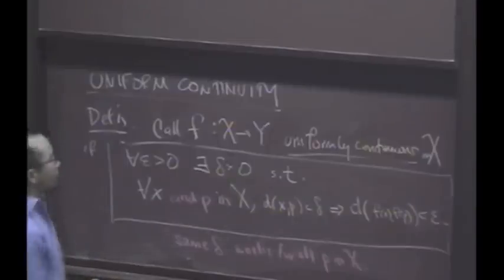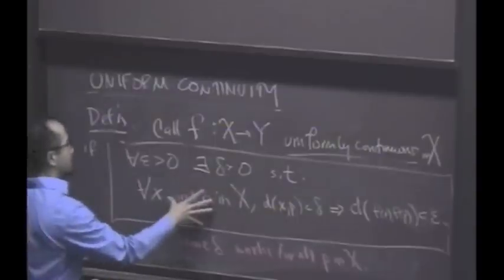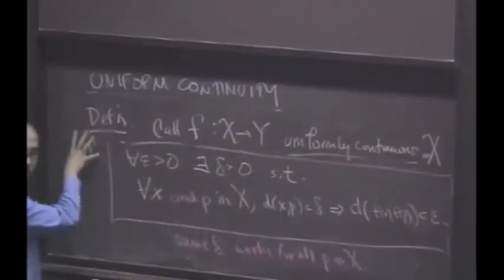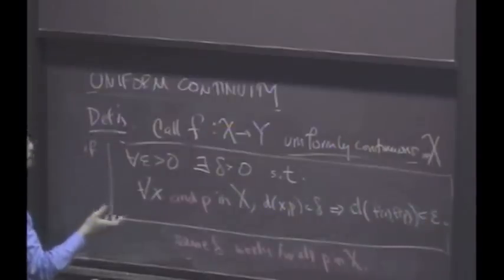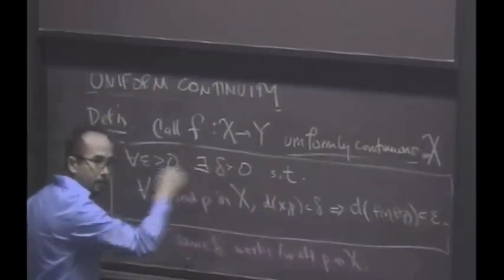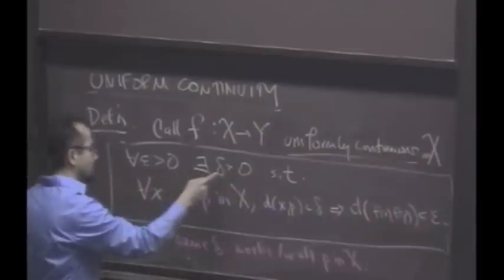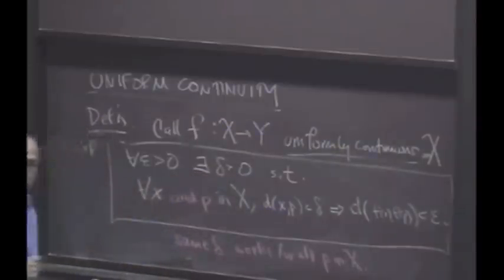Now, for the definition of continuity, remember, p is specified before you start this definition, because we were talking about being continuous at a point. And then when you say it's continuous everywhere, you mean for each point, for every epsilon, there's a delta. Whereas now we're saying, for every epsilon, there's a delta that works for each point. Okay? That's what it means to be uniform, right?